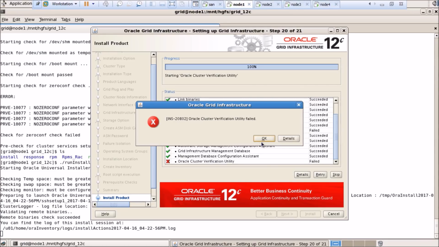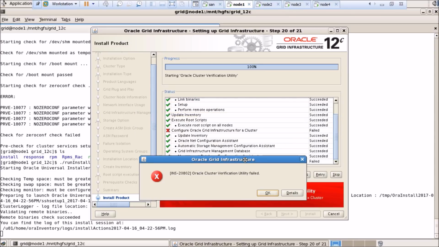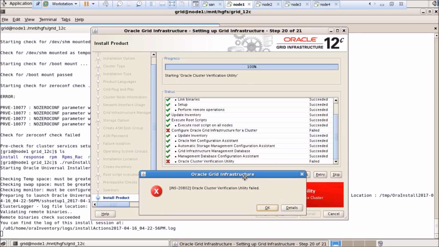Okay, so finally I got a message, and the run installer says that Oracle cluster verification utility has failed. Since all the components that were required to be configured have been configured successfully already, as you can see here on the screen with the green marks. It's just that Oracle grid infrastructure for cluster and cluster verification utility has not been successfully configured. Therefore I can ignore this by clicking on OK,